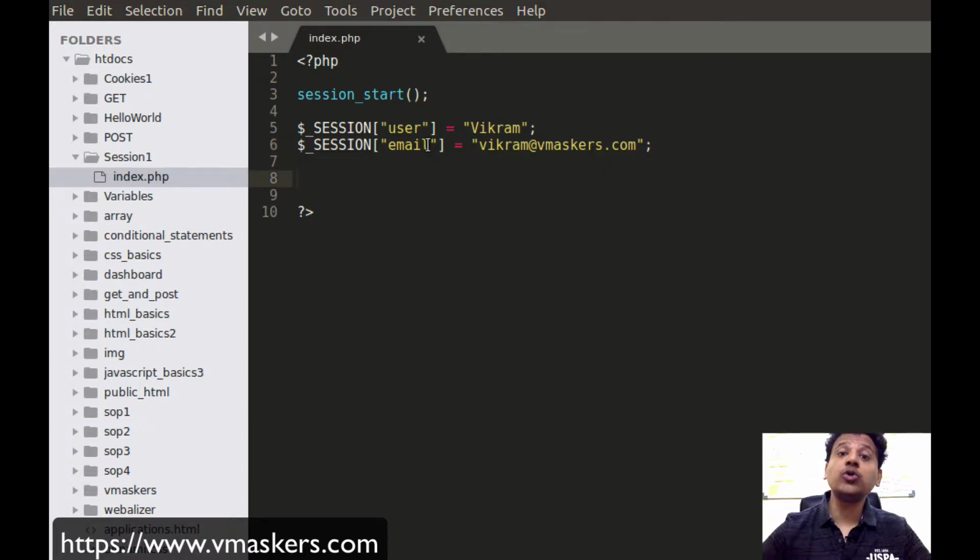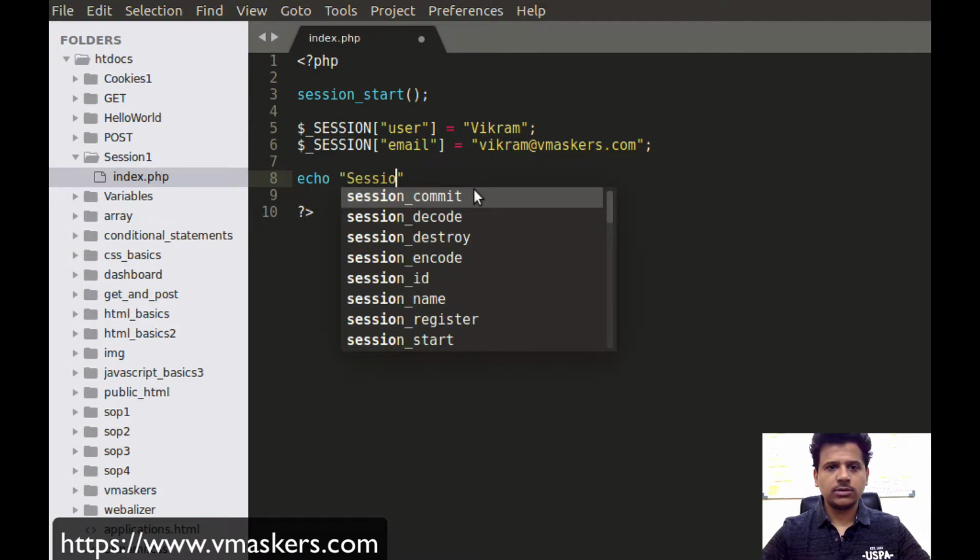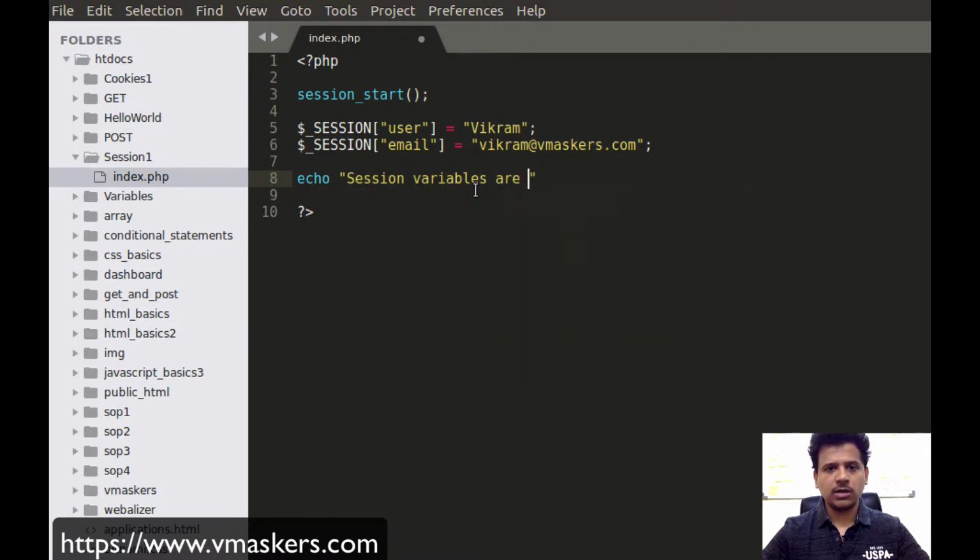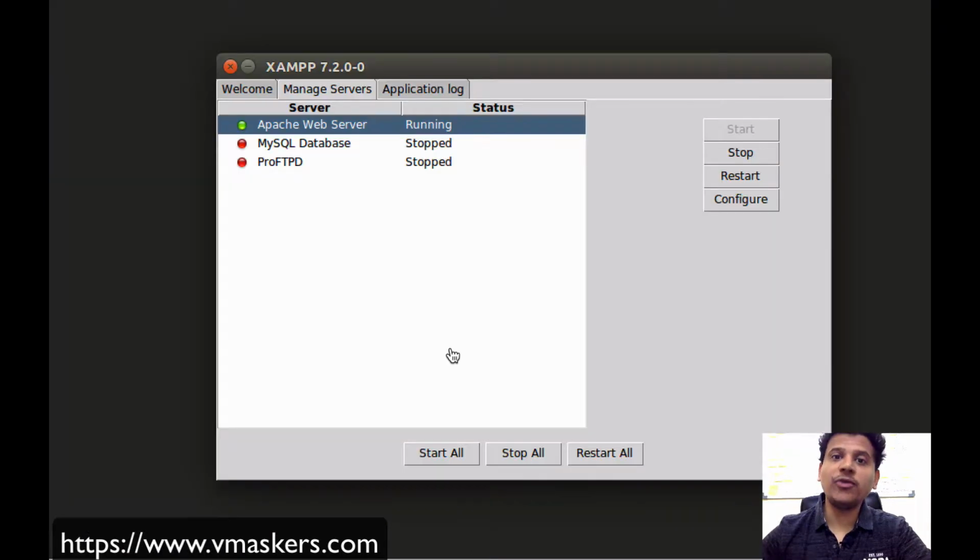So we have created two session variables, user and email, using the global variable $_SESSION. Now let's just print, session variables are created. Okay, now before testing this code, make sure your Apache web server is running.